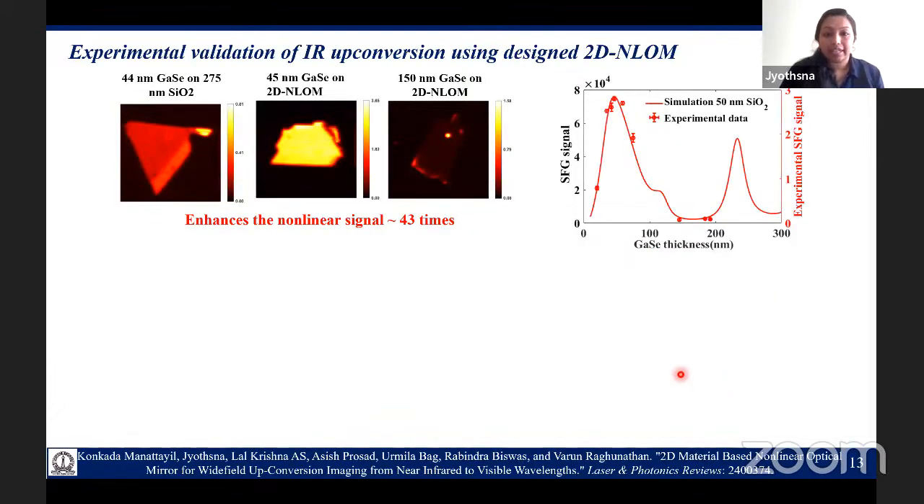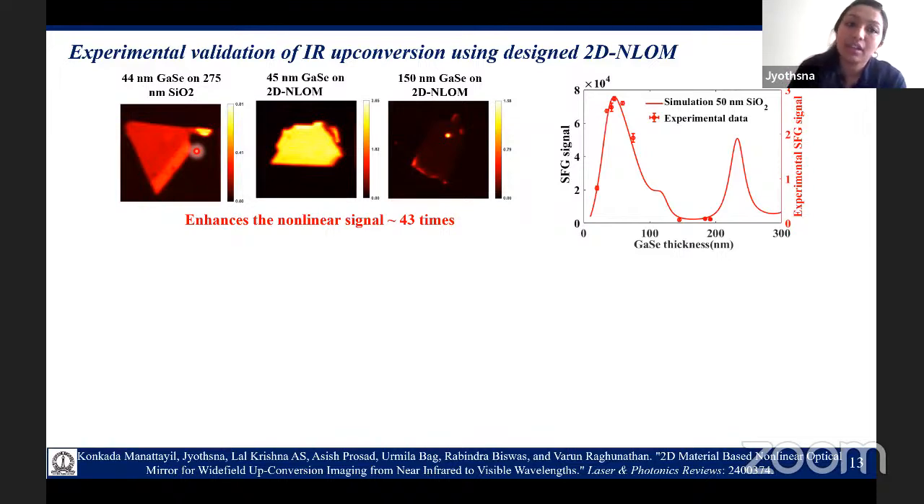So again, this was a simulation result. Now we validated the simulation result by actually transferring this optimum thickness GaSe onto the designed 2D material and onto the reference sample. And these are the images obtained. This image was obtained by scanning the sample and imaging using a photomultiplier tube. And you can see that the enhancement in the nonlinear signal is 43 times compared to the reference sample with